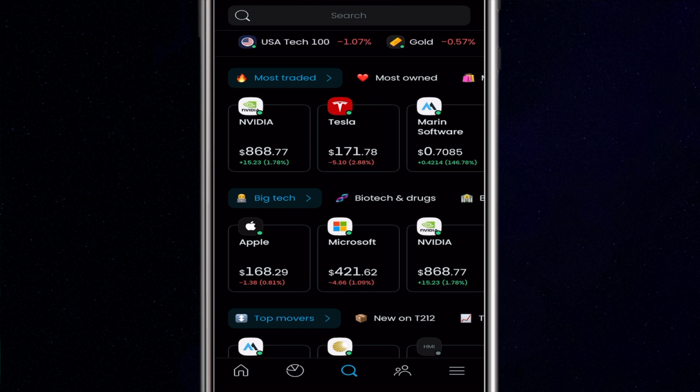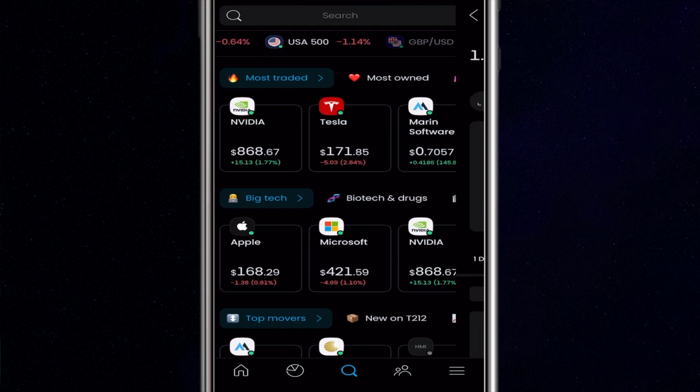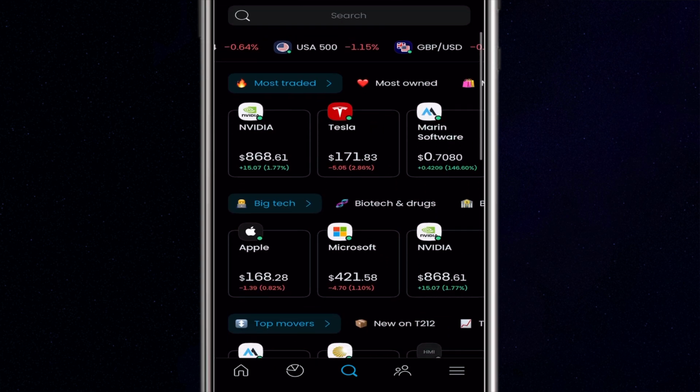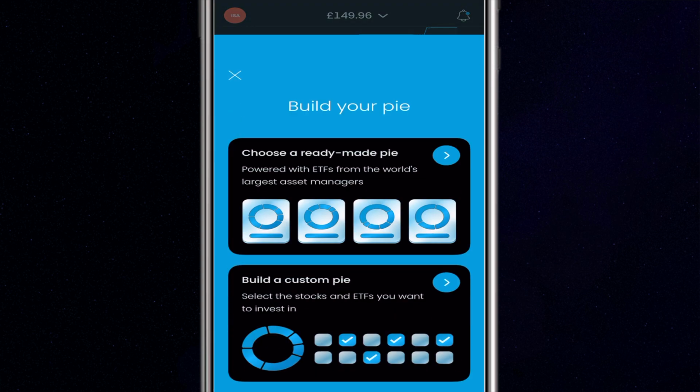The great thing with Trading 212 is it allows you to invest on a commission-free basis on many things such as company shares in both the UK, US, etc., ETFs. It's a really great app that allows you to invest in a way that you want to do. And the great thing as well is you can set up regular investments. So through their pie features, you can set up a pie where you do regular investing into something that you